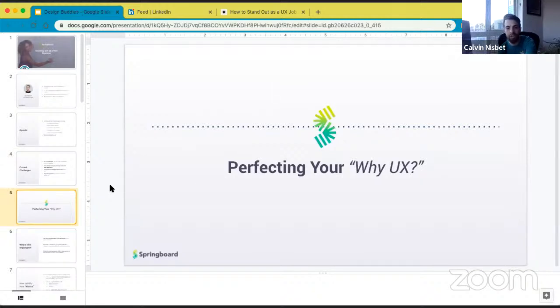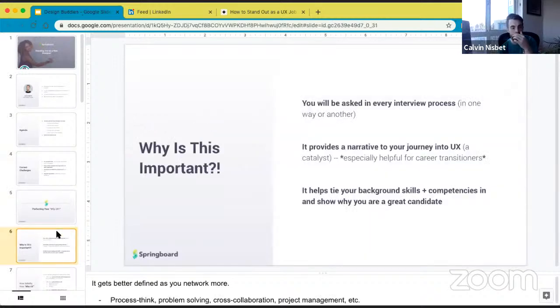And so this is really just articulating why you bothered to get into UX UI design. Just starting off with why this is even important: at the very base level, you're going to be asked this in every single interview process. I can guarantee you, in one way or another, whether it's at the start of the interview, later on,